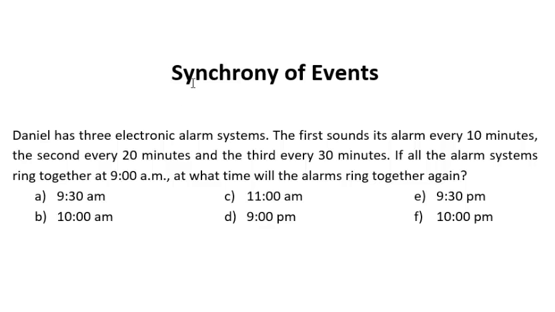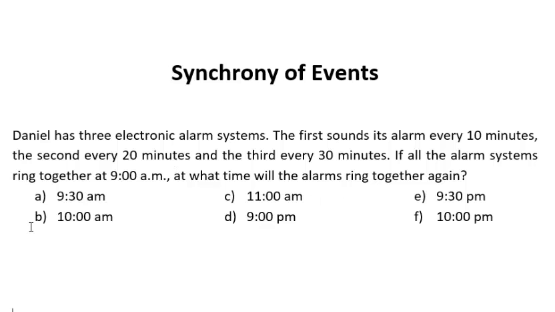First one is Synchrony of Events. We're gonna solve 3 exercises of this one. The first one is a typical exercise of admission tests. It's talking about 3 alarms, one that sounds every 10 minutes and the other one every 20 minutes and the third one every 30 minutes. Then it says that if the 3 alarms ring together at 9 a.m., at what time will they ring again